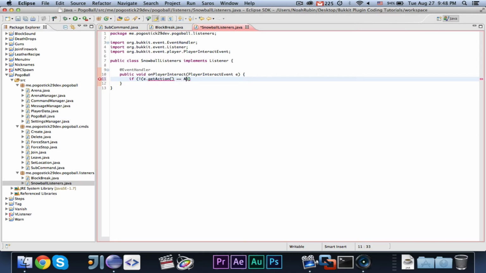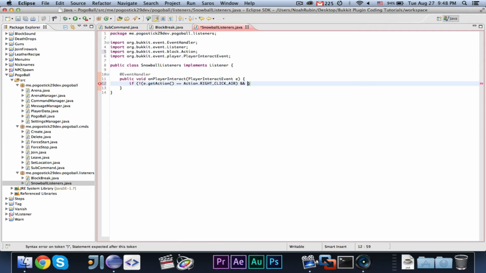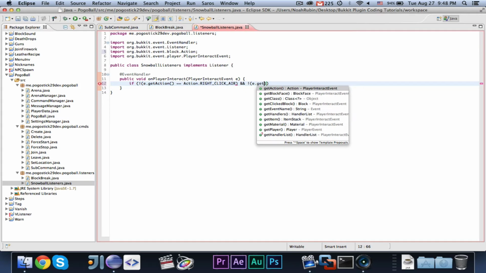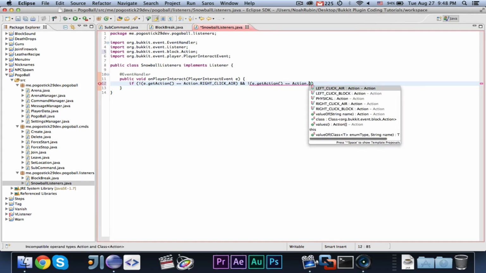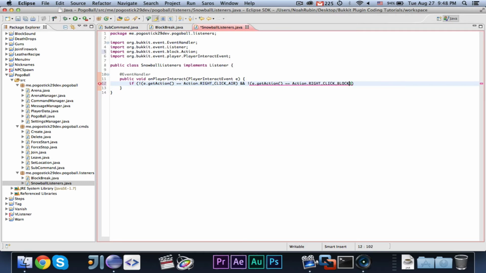e.getAction equals Action.RIGHT_CLICK_AIR and e.getAction equals Action.RIGHT_CLICK_BLOCK, then return. So if they don't right-click, pretty much, then we're just stopping it right there. And then we're going to say if e.getItem. So if e.getItem